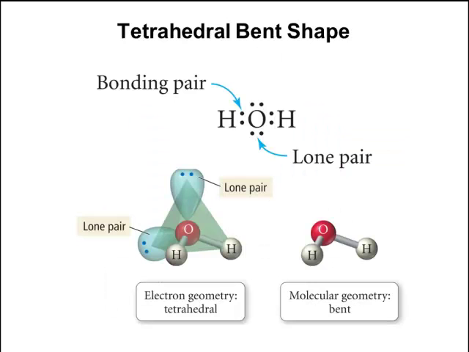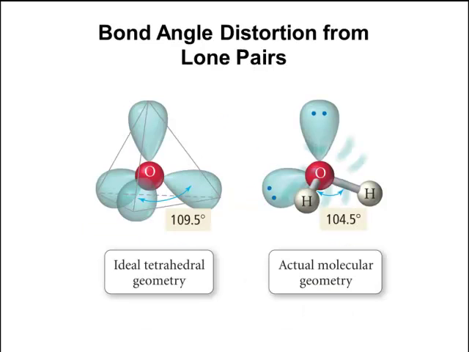All right, what if we go to water? Water has 4 areas of electrons around it, 2 bonds and 2 lone pairs, so its electron geometry would be tetrahedral. Because we have 2 lone pairs, though, its molecular geometry is going to be called bent. Okay, now because we have 2 lone pairs, the bond angle with that is going to be even less than